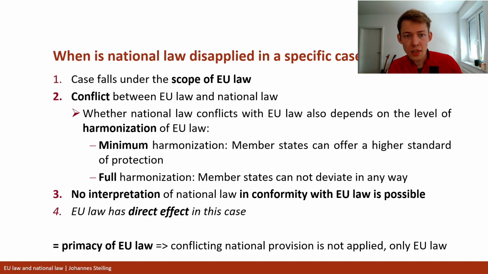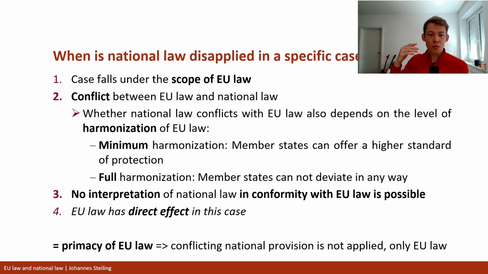Okay. So now you might already see why this could be a conflict, because this basically means that the national legislator, or maybe even the constitution, has some principle, some national law principle, and now the EU law comes and disapplies that national law and says, now we only apply EU law. So this can obviously be a conflict. And it is especially a conflict between the ECJ and the constitutional courts. And we'll get to this conflict in a second and how it is resolved.